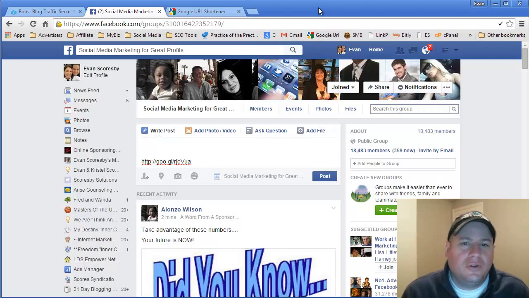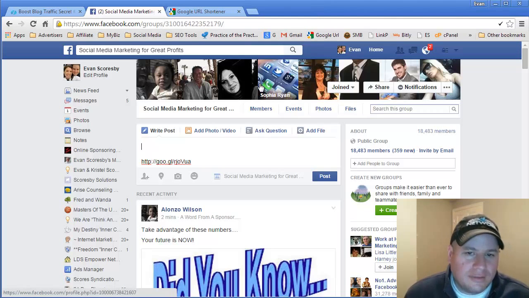because if you just do the link, it's going to appear spammy, and you don't want to be a spammer in these groups. It's the quickest way to get kicked out and maybe even banned from Facebook. So don't spam and just post your link. You've got to put something of value in there with it. So in this case, just as an example,